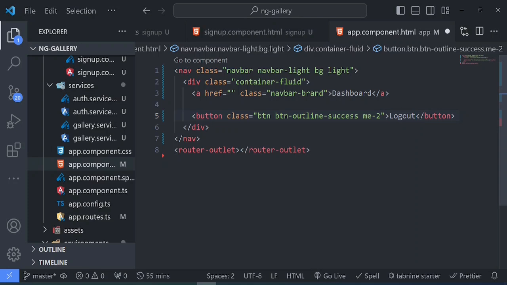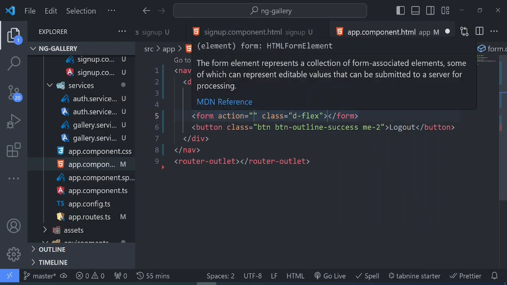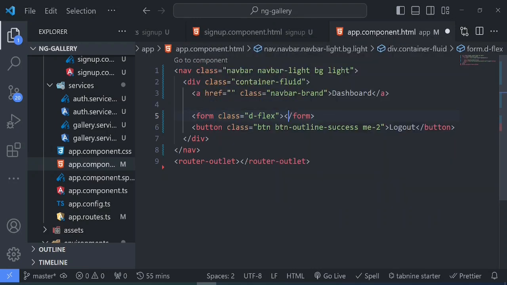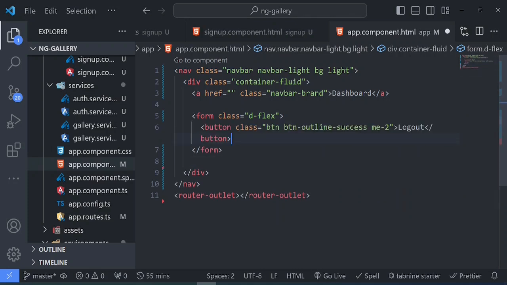And then finally, this button is going to be wrapped in a form tag. So the form tag is going to be given a class of d-flex because we are going to have 2 items within this form tag. The first one is the button and the second one is the p tag that contains the details of the logged in user. So let's copy and paste the button within the form tag,